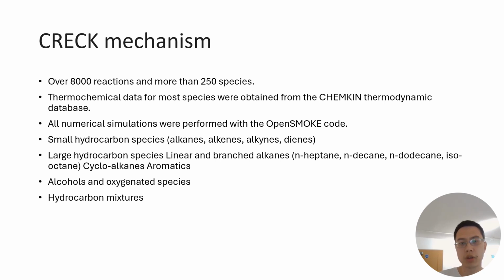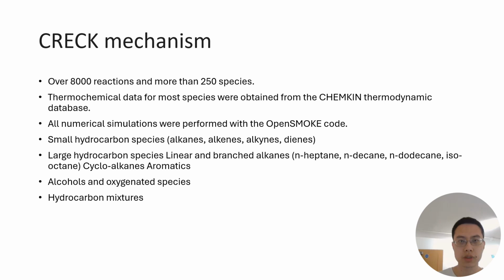Here is another model called the CRECK model. Here is another mechanism called the CRECK mechanism, with 8,000 reactions for 250 species. The thermodynamic data for most species were obtained from this chemical thermodynamic database. All numerical simulations were performed with the OpenSMOKE code: small hydrocarbon species, alkanes, large hydrocarbon species, linear and branched alkanes, n-nonane, n-decane, n-dodecane, isooctane, cycloalkanes, aromatics, alcohols, and oxygenated species,